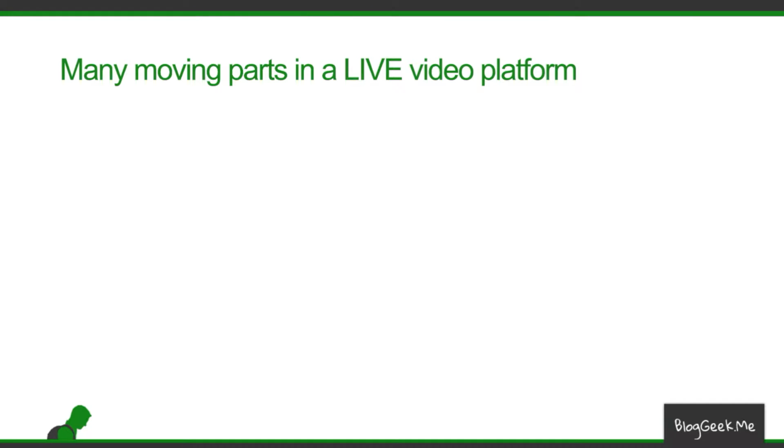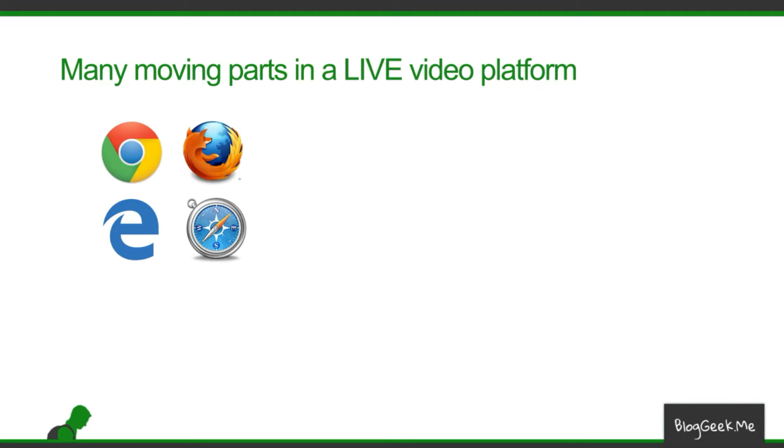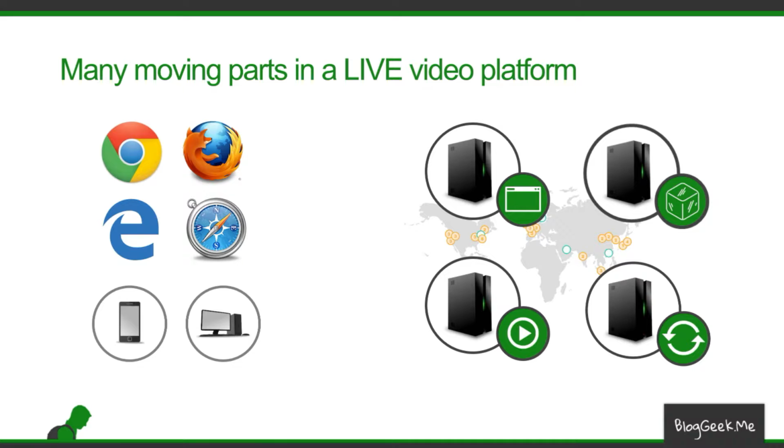But why do we have more breaks in WebRTC and live video platforms? That's because there are a lot more moving parts than most other services. Remember, we've got different browsers that we need to deal with, and they upgrade on their own. We're not in control there. They have their own quirks. To that, add your own applications, native ones, running on PC or mobile. And then there's the whole backend. Signaling servers, application servers, traversal servers, media servers. All these run across different data centers all over the globe on one or more cloud service providers. So that's a lot to deal with, so things break.